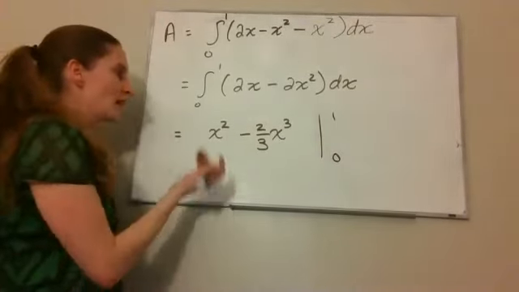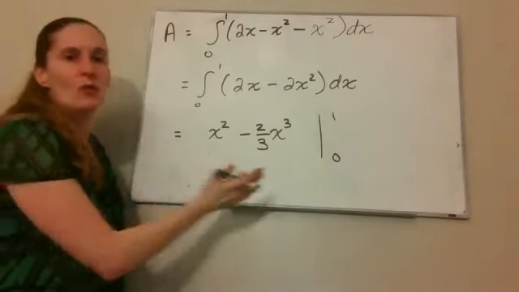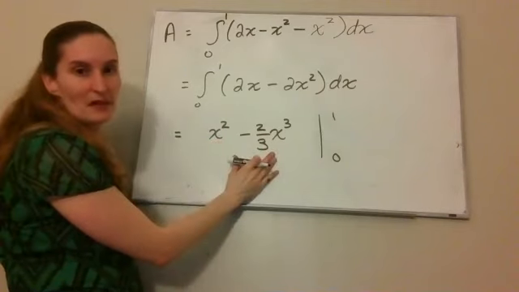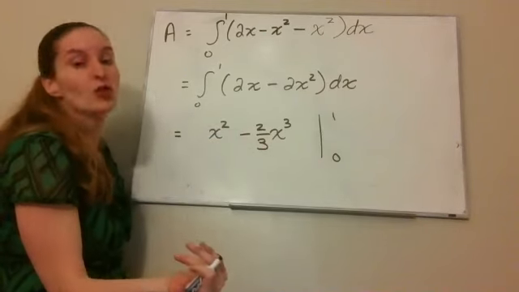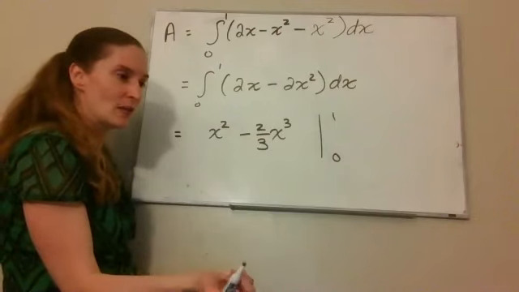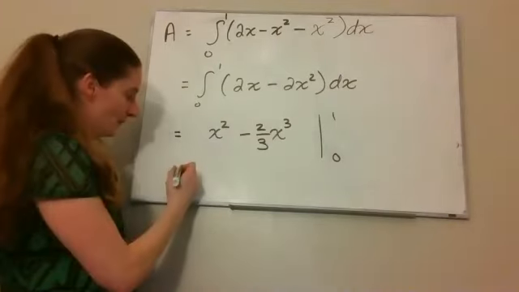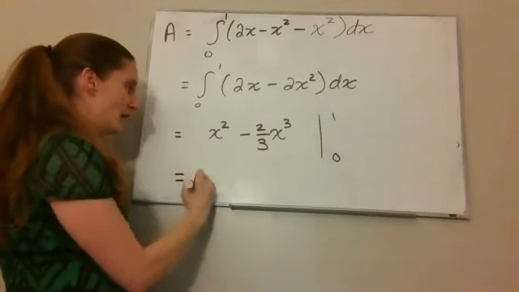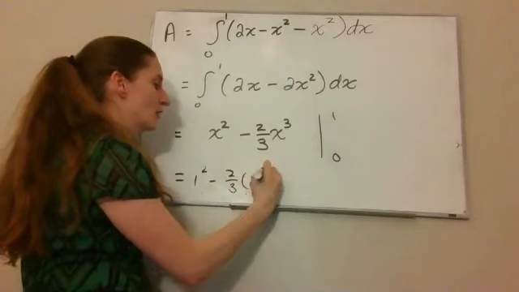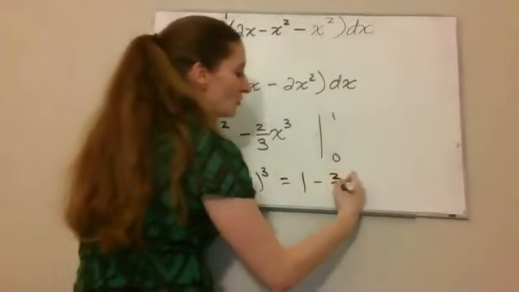Now take a look at this. When I plug the 0 in, this term is going to be 0, and this term is going to be 0. So I already know I'm subtracting 0 once I plug this stuff in. So really, my answer is going to be what I get when I plug in the 1. Plugging in the 1, I get 1 squared minus 2/3 times 1 to the 3rd, which is 1 minus 2/3,